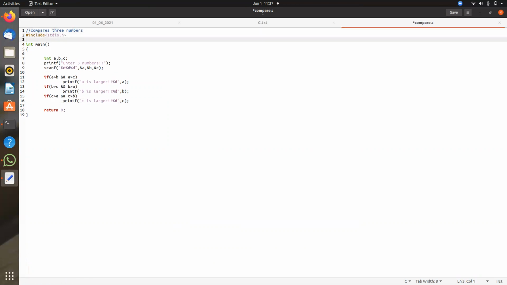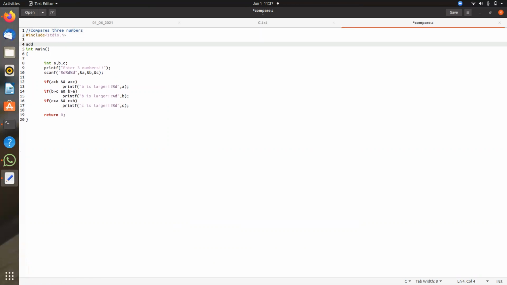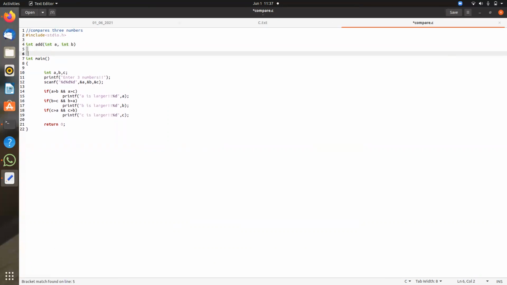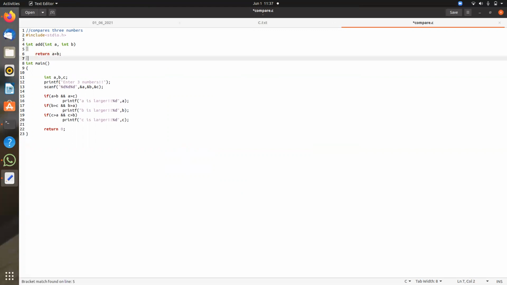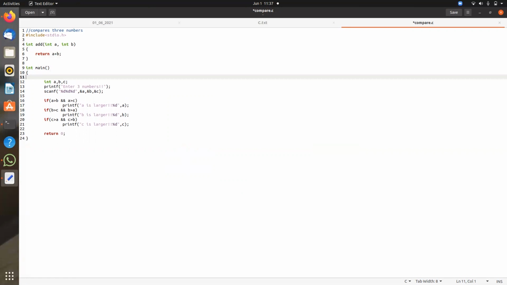If I add an add function here, int a comma int b, and return a plus b, this will add two numbers. It is straightforward.